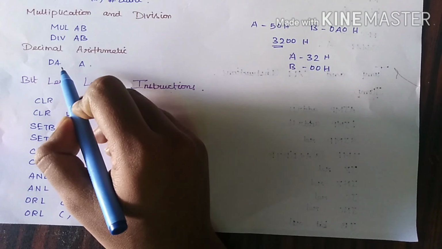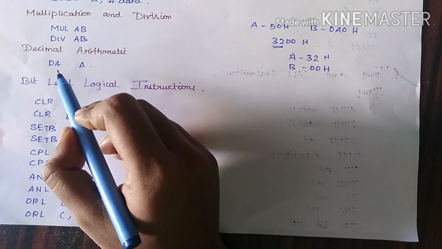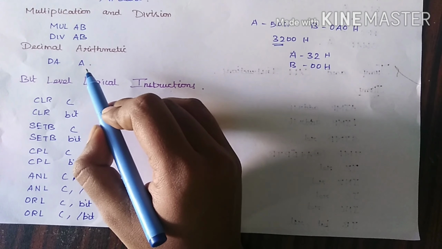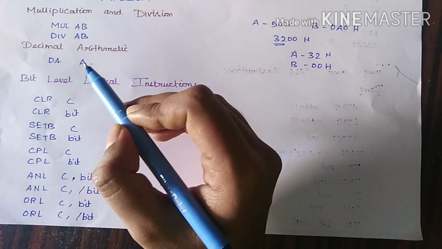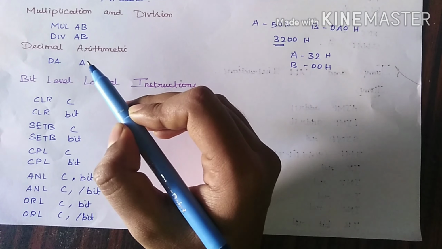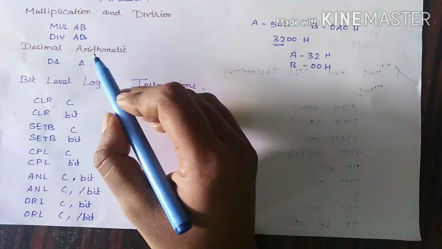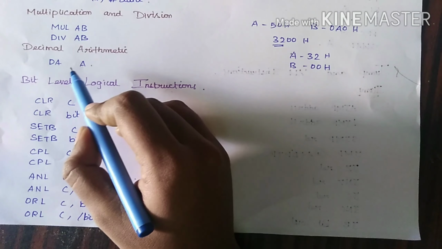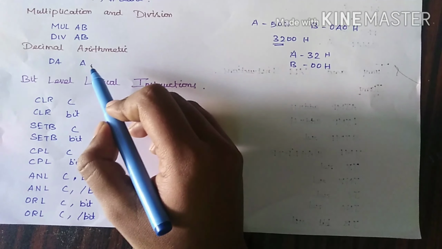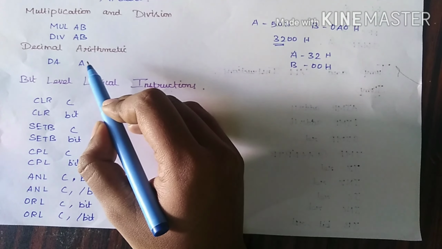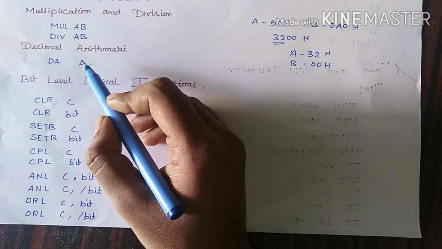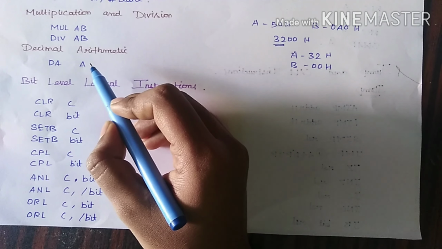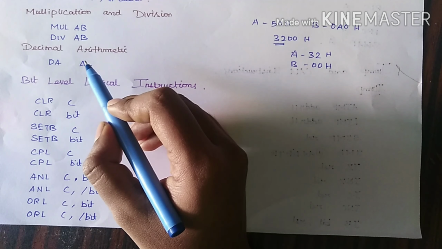This instruction DAA means decimal adjust accumulator for addition. This instruction adjusts the 8-bit value in the accumulator resulting from the earlier addition. We know that the result of addition will be stored in the accumulator, and this instruction performs some operation on this result. So this will be very useful in case of BCD addition.